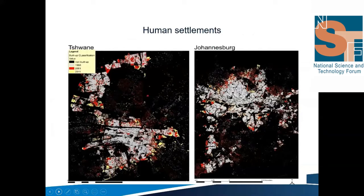Another core data set that we produce is the human settlement layer, which maps out the location of human settlements. Human settlements are indicators of population. As you are aware, population data is also scarce, especially if you're looking at a national level. And during pandemics, such as COVID-19, information on where people live is very important to ensure that the